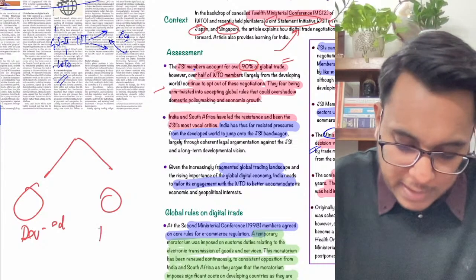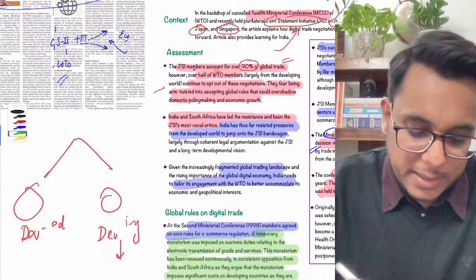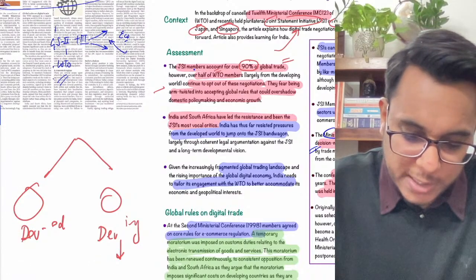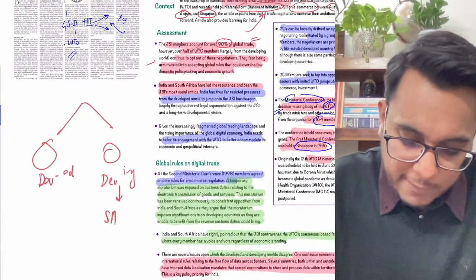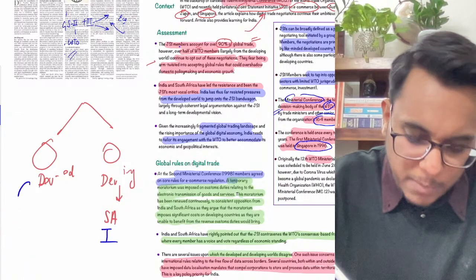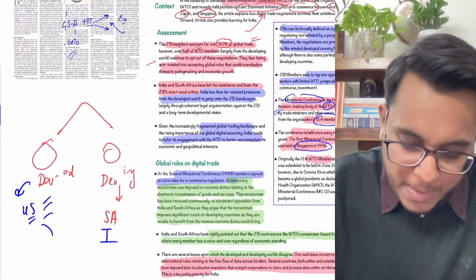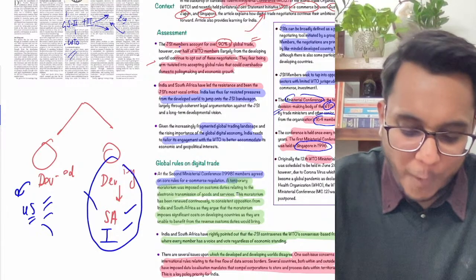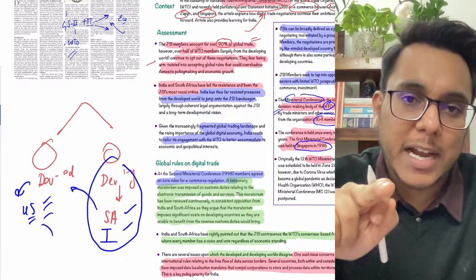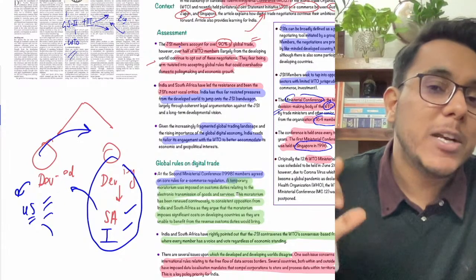One is the developed and the other is the developing. Now when we talk about the developing countries, two countries are very important in this developing camp, that is South Africa as well as India. South Africa and India. Okay, and in the developed countries, the US and European countries are there. Now the developing countries such as South Africa and India always say that the developed countries are very selfish. Just for their self interest, they impose conditionalities onto the developing world, and we don't like it.